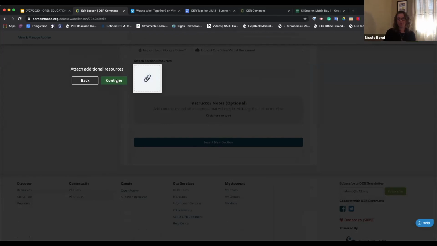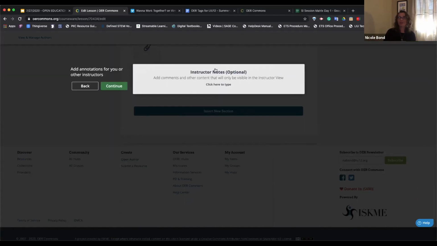You can link in some additional resources, any instructor notes. So if it's meant to be a student-facing piece and you want to keep the instructor notes separate, say you're making it as a module for Explore Digitally, I don't know, theme, and you have some YouTube videos, and then you have some links out to some resources, etc. And then you put your instructor notes in here, like make sure the students know this, this, and this before they move into this module, or another way to check their understanding would be to do this. So you can make it completely student facing, or you can make it completely teacher facing.